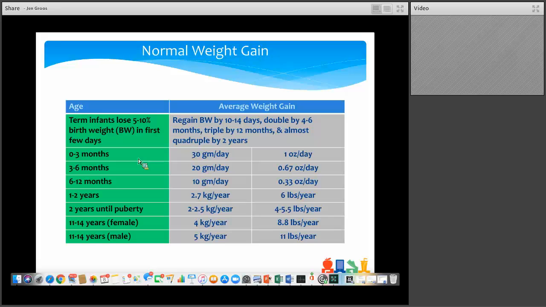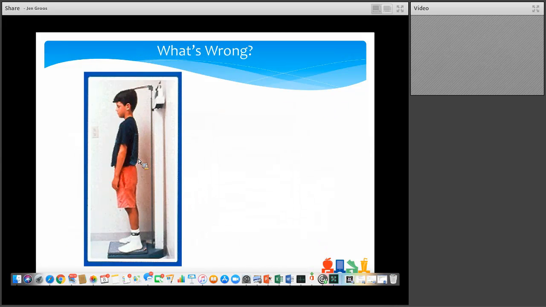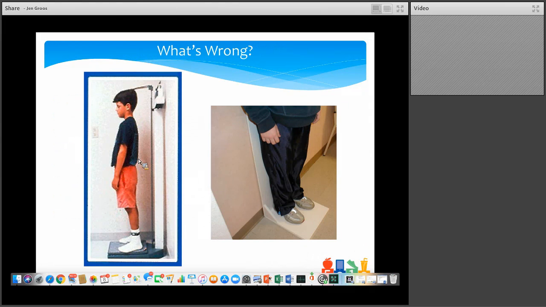And here's just again another chart that talks about what normal weight gain rates are, just for your reference, but again, we really track it and see what those trends are on the growth chart. So just to review a little bit, if you look at the picture on the left,